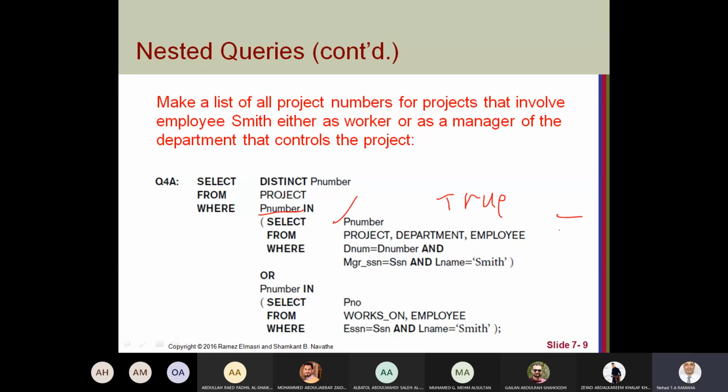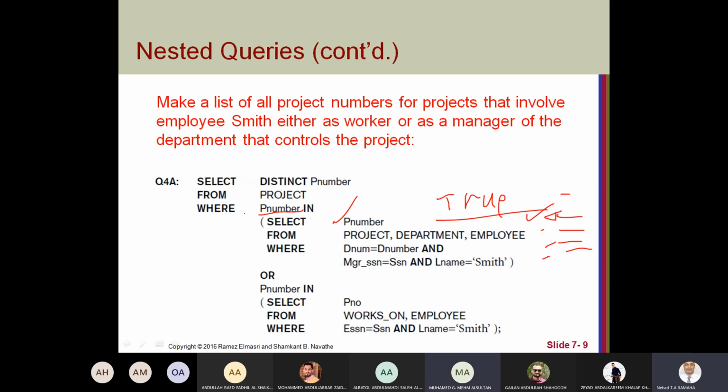So if you have two or three same results, it will check one by one until it reaches the first similar result, then return true. It will not continue to check repeated values. So you don't need distinct in the inner query.